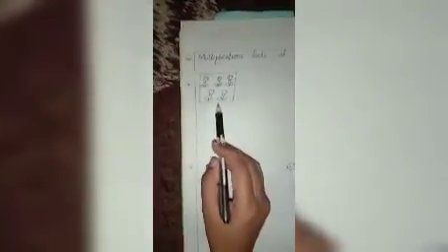So level 1, there is one group. Okay, it is a group. What we have to do, we have to make an equation of multiplication. How are we going to make an equation? First of all, we have to write the number of groups. How many groups are there? Level 1, there is only one group, so we are going to write here 1.